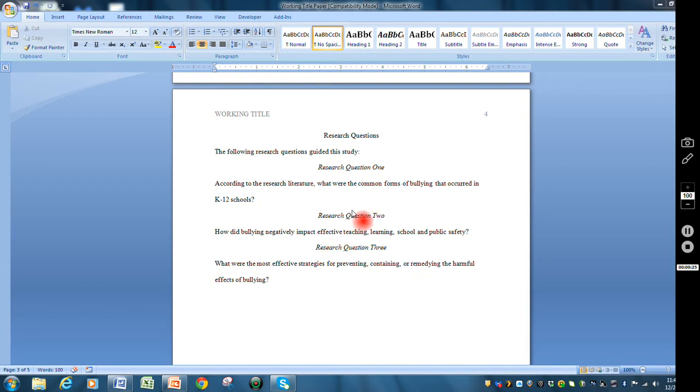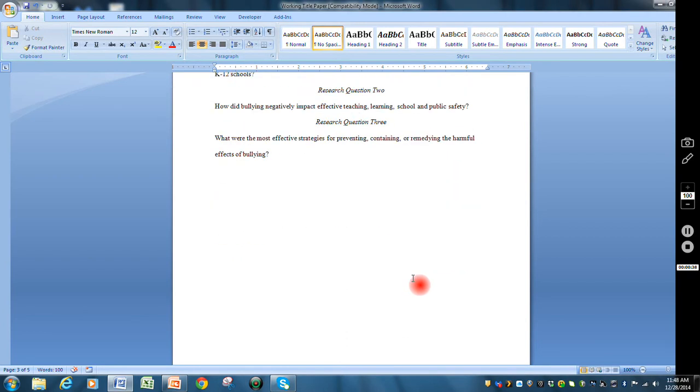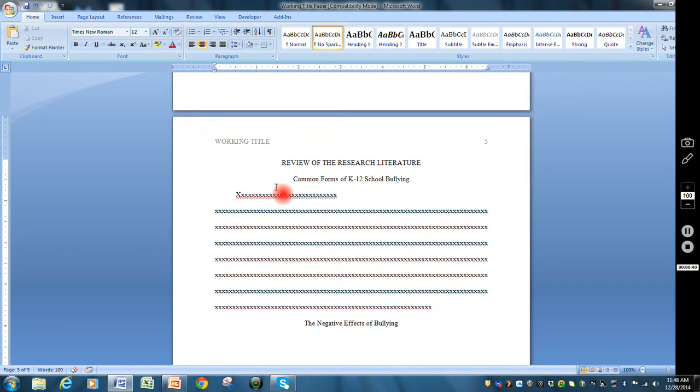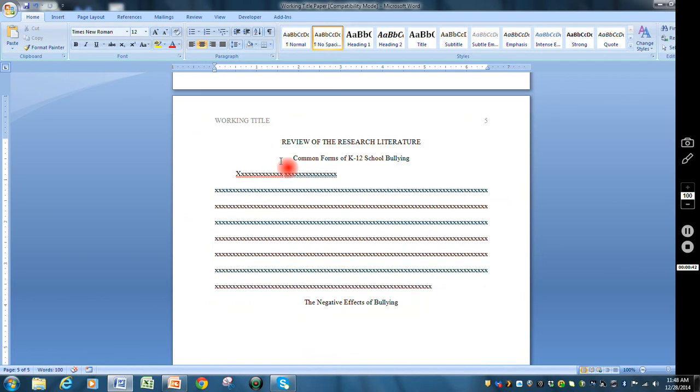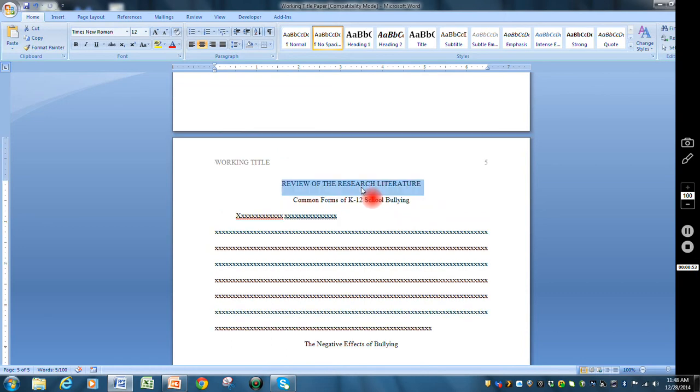So research question 1, as an example, was, according to the research literature, what were the common forms of bullying that occurred in K through 12 schools? So let me just scroll to the section here, and you're going to start off this section at the very top, centered, and in all caps, you're going to write review of the research literature, okay, as you can see here. So you're going to start this section on a new page, and you're going to write review of